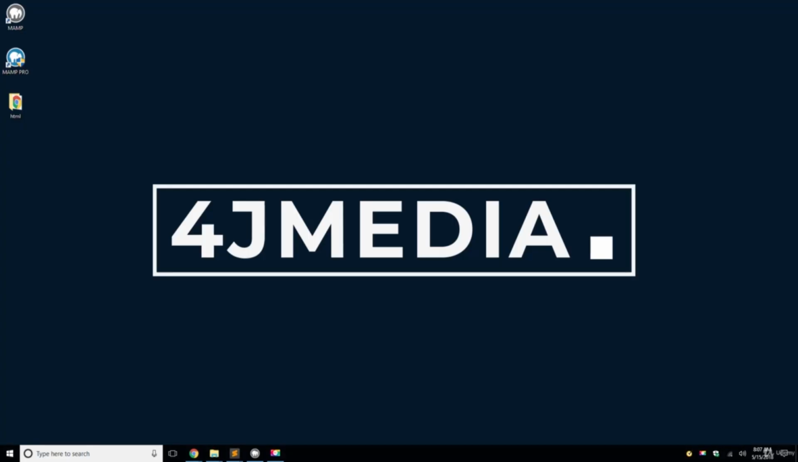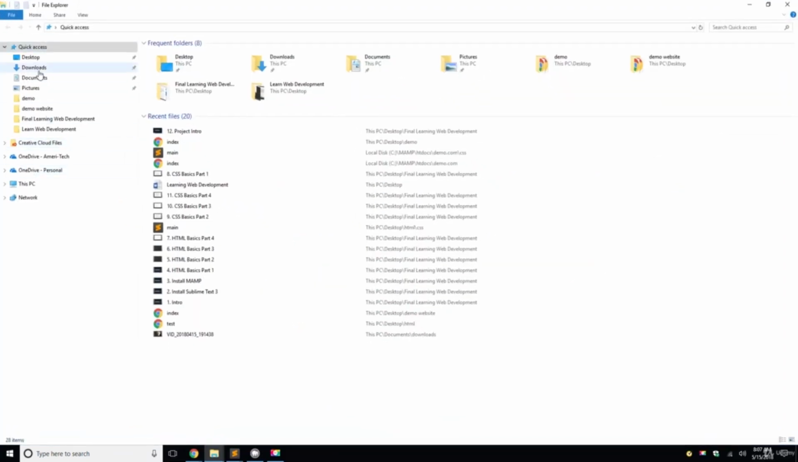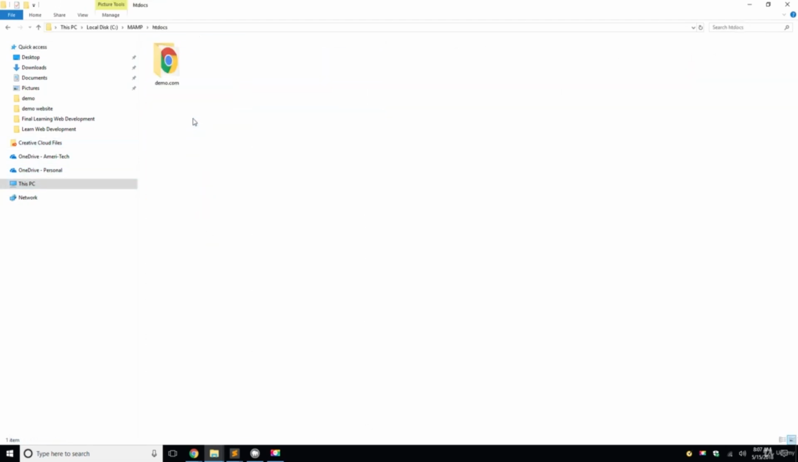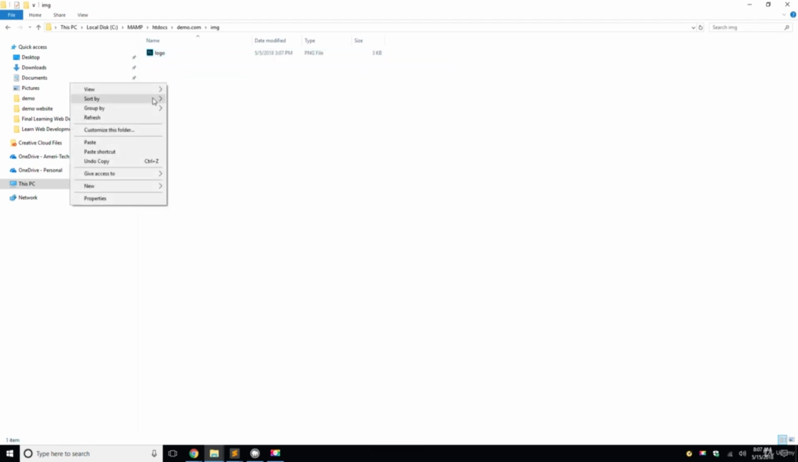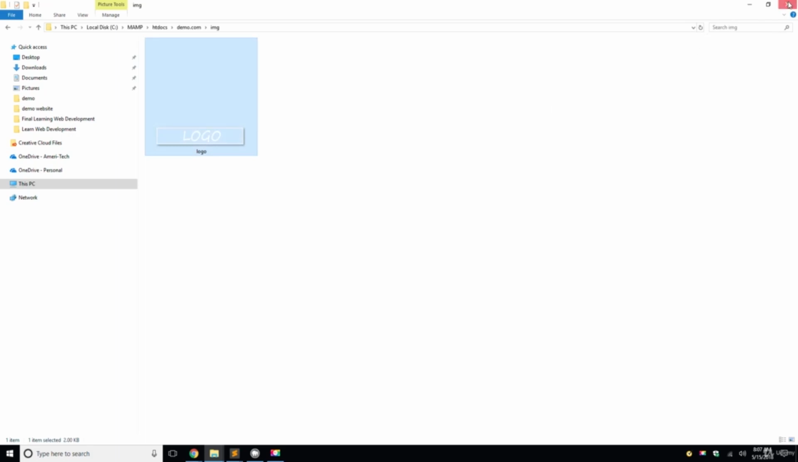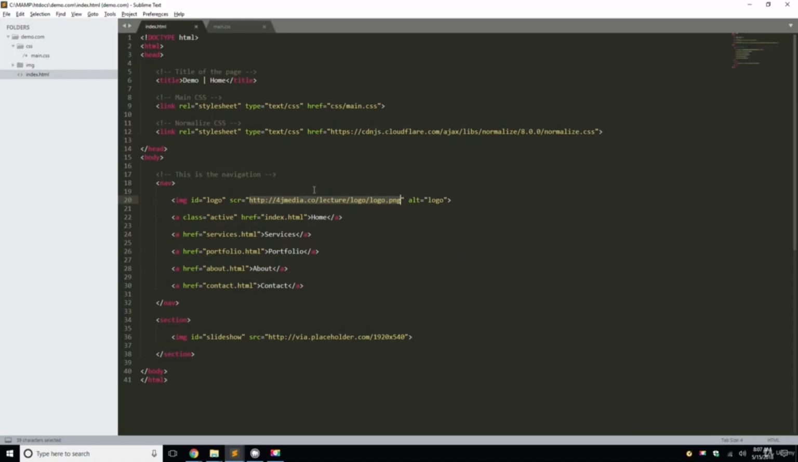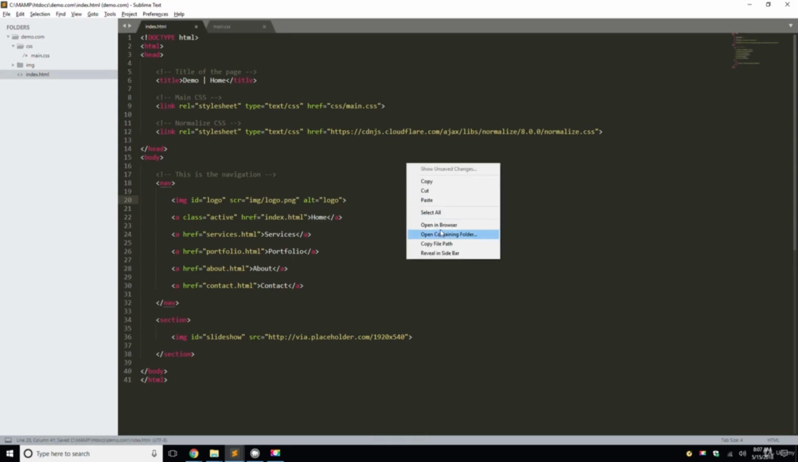Then I'm going to grab the logo. Where's the logo, right here? Okay, I'm going to grab the logo. I'm going to hit Window key E. I'm going to go into this PC, local C drive, MAMP, htdocs, demo.com, image. I'm going to paste in my logo. Okay, and then I'm going to link this on our page. So instead of this, it's going to be image/logo.png. We're going to save that, right click, open in the browser,